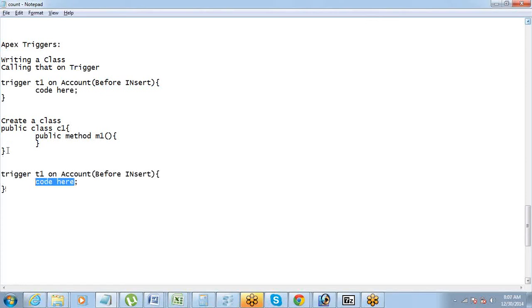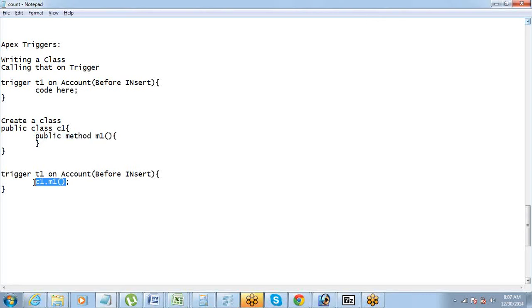You can just say C1.M1. Got it? So instead of writing the code directly there, you can write it in the class. Inside that class there can be a method, and you can call that class and the method inside that trigger instead of writing the code directly there.